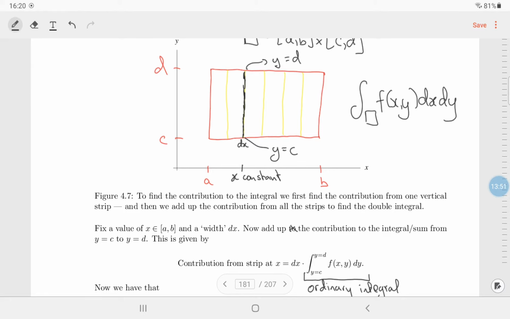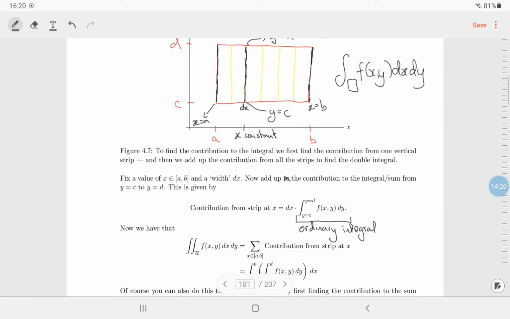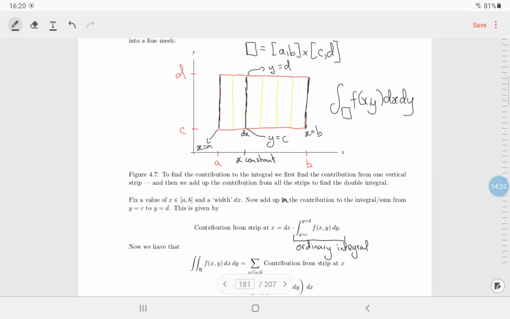Now that's the contribution to the sum from a single strip. And now what you have to do is add up the contributions of all the strips. So add up from x equal to a all the way across to x equal to b. Now, because dx is essentially infinitely small, there are infinitely many of these strips. And when you're adding up infinitely many infinitely small things, it's an integral. And I suppose that's where this integral here is coming from, because f of x, y, dx, dy is infinitely small, and you're adding up